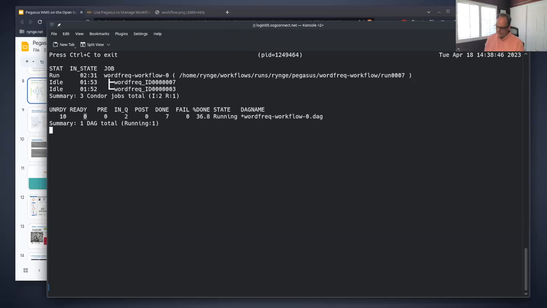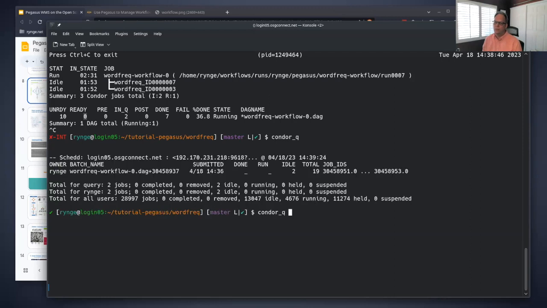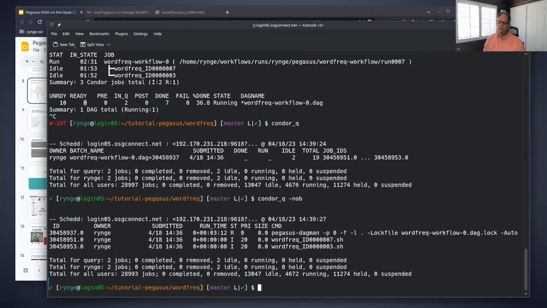And the other thing to know, these are just normal Condor jobs, right? So we can also use the Condor tools to look at our jobs, and you will see them in the queue here. It's just normal Condor jobs, right? Now, while this is running, you don't have to follow along, you just have to look at what I'm doing. But